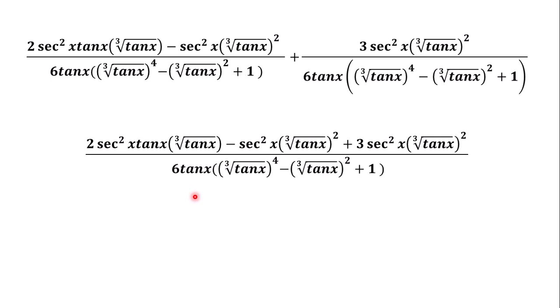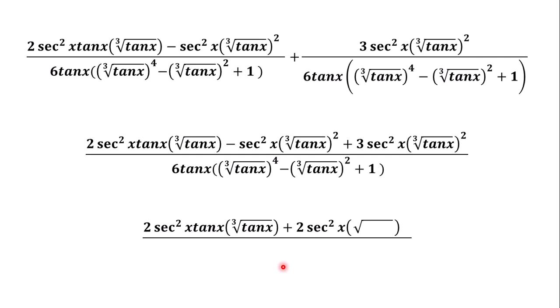Alright, so the denominators are the same, you just write 1. So this minus this plus this will give us what? 2. Yeah, the addition of A and B has given us this answer. So as I told you, if you do it as you are seeing here, make sure you